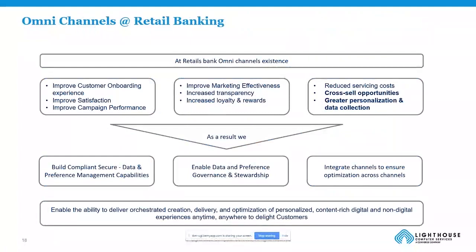In terms of omnichannels in retail banking, again, improving onboarding of customers, improving satisfaction, improving campaign performance are all aspects of this. In some of these cases, it can be the web interfaces, or walking into the branches, the banking centers where people might come in for other things besides just depositing and withdrawing and cashing checks and things of that nature. Market effectiveness, transparency, loyalty, and rewards is another